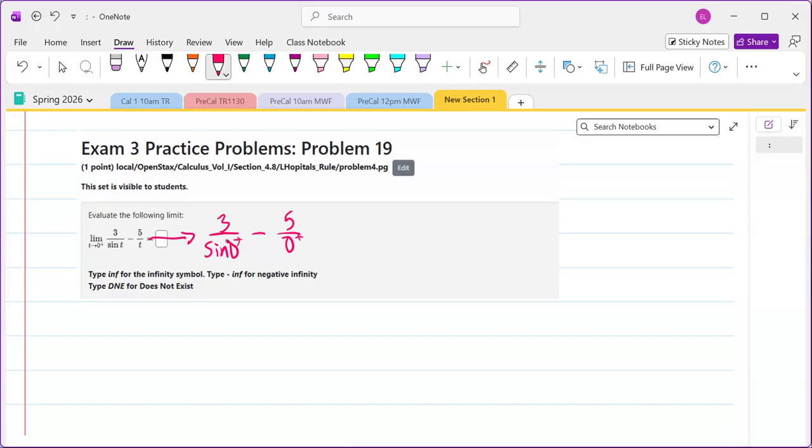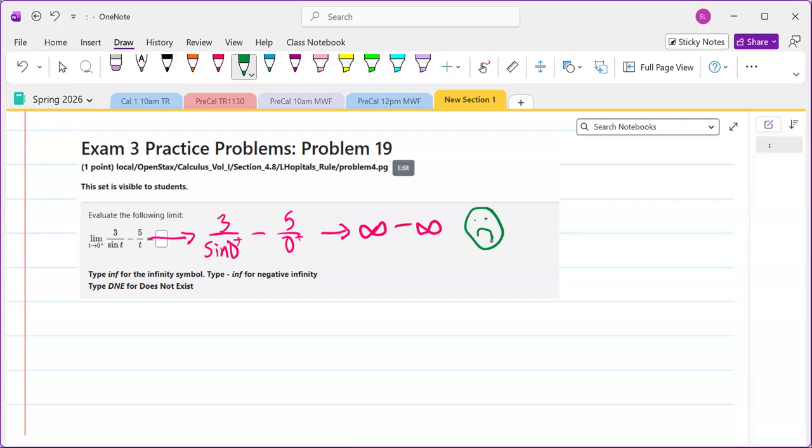As we approach 0 from the right, we're getting positive numbers, but the sine of 0 is 0. So 3 over 0 is giving us an infinity. And then 5 over 0 is doing the same thing. I'm plugging in numbers from the positive side of 0, so it's positive, but I'm going to get infinity. So I actually have infinity minus infinity, which is,